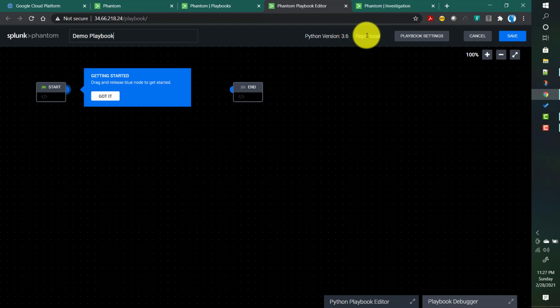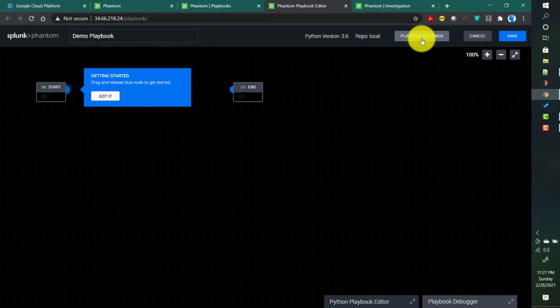You can configure your own repository where you can publish this playbook. I think you can even publish into the Splunk community. If that repo is configured, you can select it from here. Otherwise it will always save in your local instance. Currently I have not configured any repo, so it is showing local here.